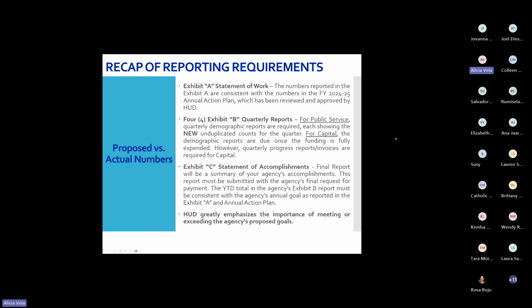Does anyone have any questions regarding Exhibits A, B, or C? If not, we can move on to the payment process. Rosie, is